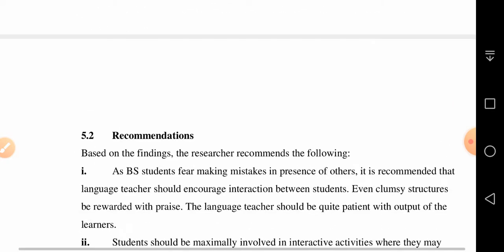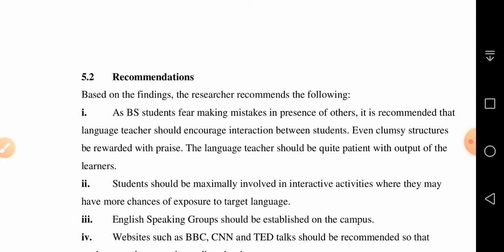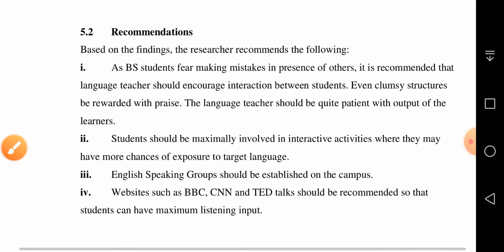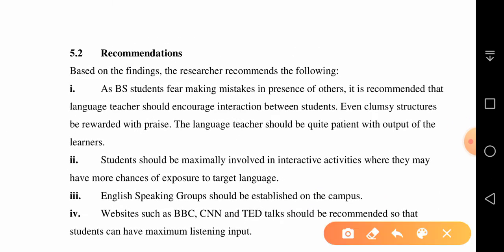Now the second part of the fifth chapter is recommendations. In order to reverse the situation, or repair the situation, you need to recommend a few measures or steps. So what should be done? As a sample, I have given a few recommendations. Based on the findings, the researcher recommends the following. Number 1,